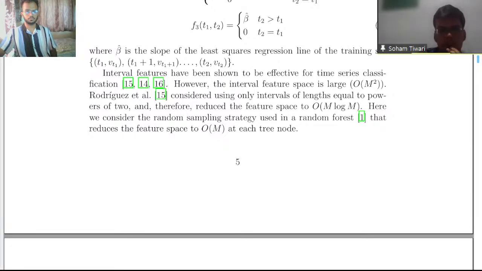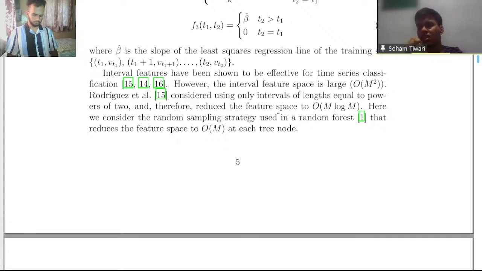Right. So what this paragraph is telling us is that the interval feature space is supposed to be very large. It is of the order of m square, where m is the number of data points in an entire time series sequence. So for example, if the time series sequence is 10,000 data points long, so that's 10 to the power 4, then according to this our interval feature space will be very large, of the order of 10 to the power 8, which is huge,